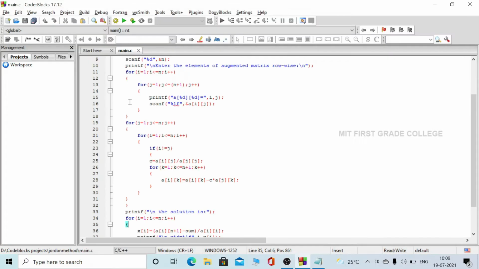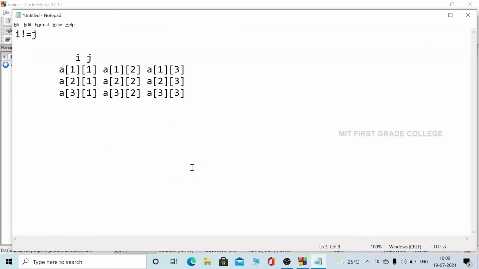So here you can see, if i is not equal to j, it will get inside the loop and run these two statements. So here c is equal to a of ij divided by a of jj. So this element will be 0, and to make this element 0, all the elements of that particular row will be changed.